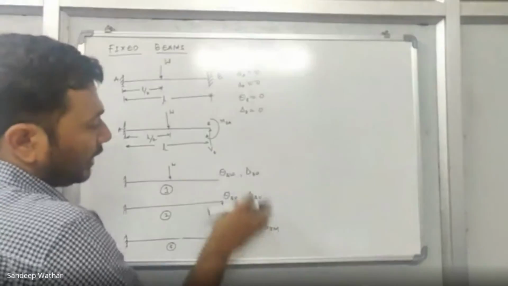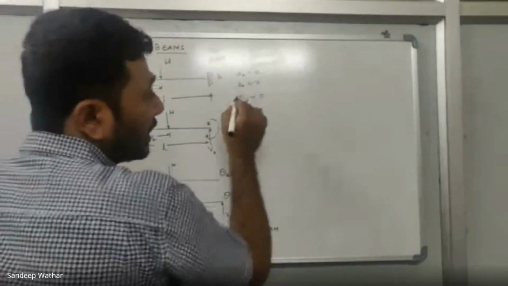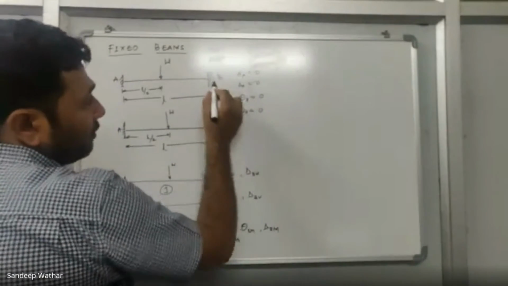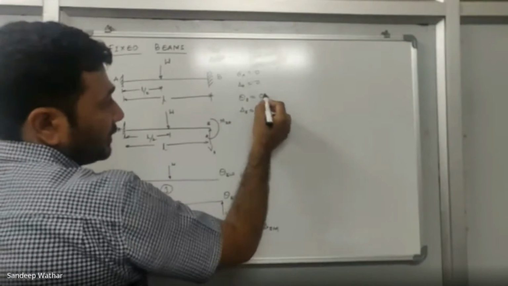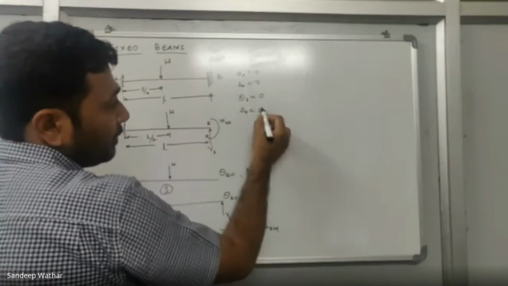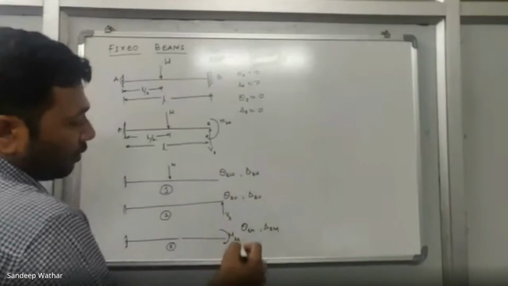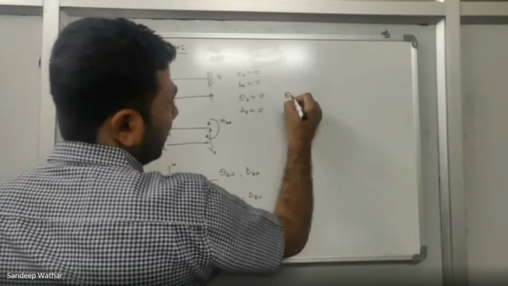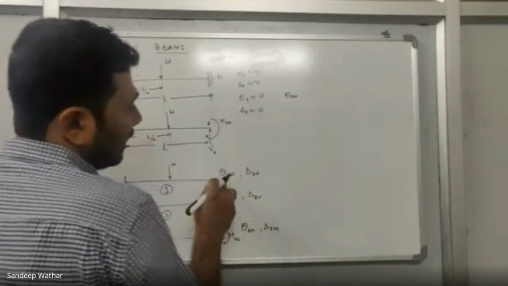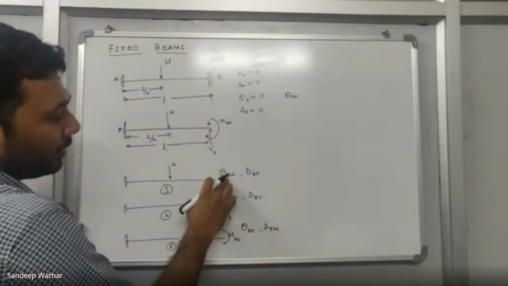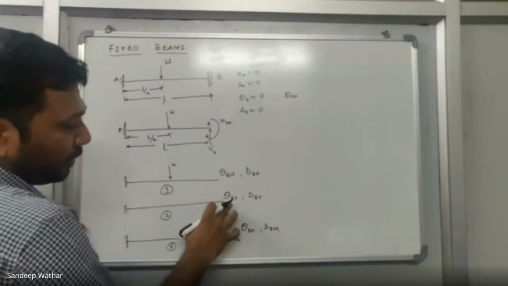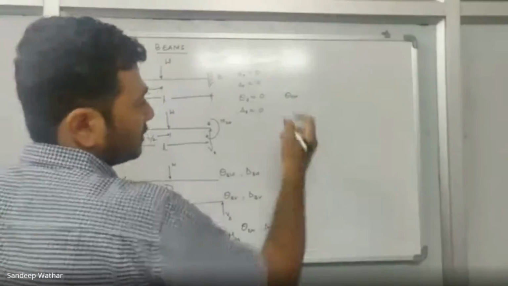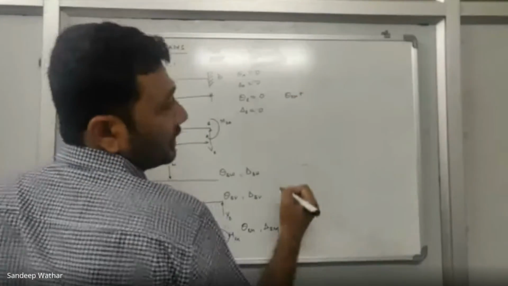So when we calculate this, we know the compatibility equation. What is the compatibility equation? With respect to the fixed support, where we have the reaction, the slope and deflection should be equal to 0. But now what I'll do is add all these terms, which is theta BW. I hope you all remember this was negative, this was positive, and this was negative. Remember those sign symbols which are calculated with respect to values. But here I'll write it as plus itself.